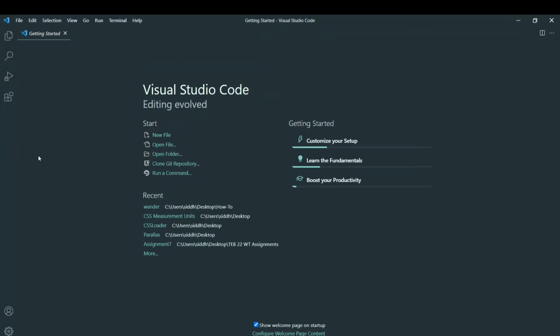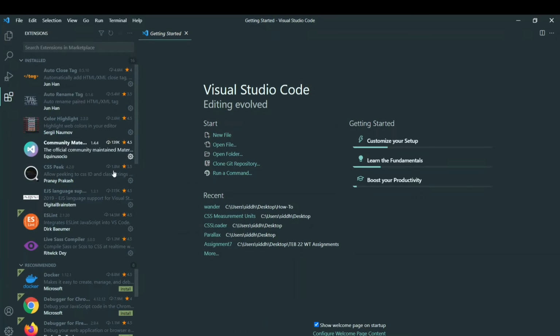So getting started, this is the screen that you see in front of you after you install VS Code, and there are three ways to install an extension. We're going to choose the easier one. You can see the last option over here, four blocks. You can click here. These are all the extensions that are there.